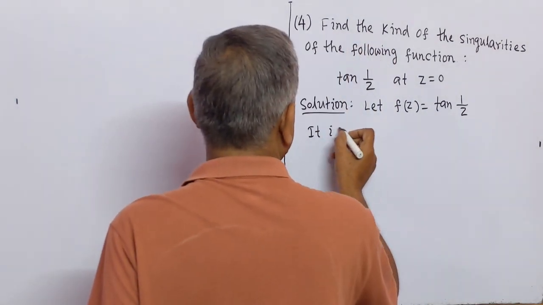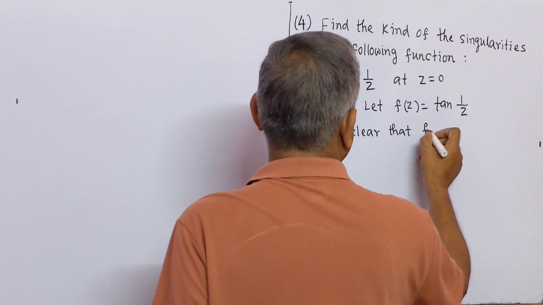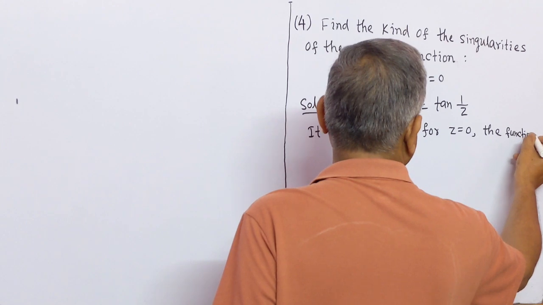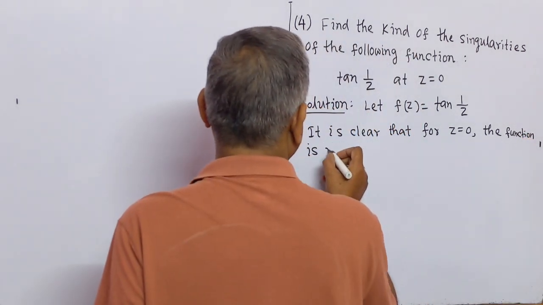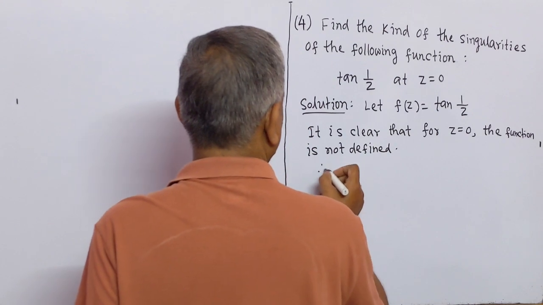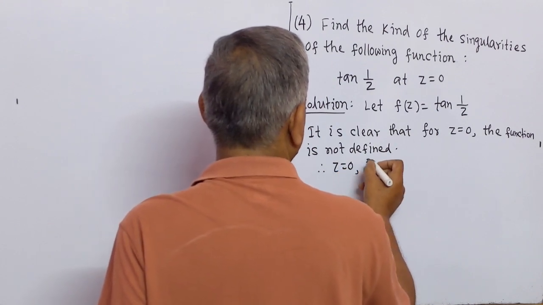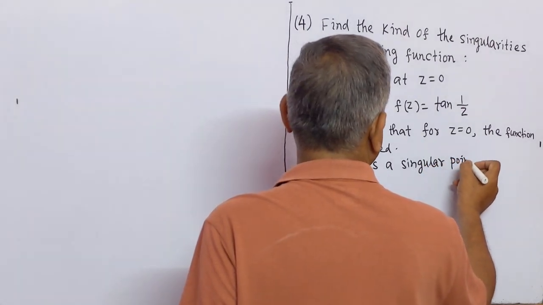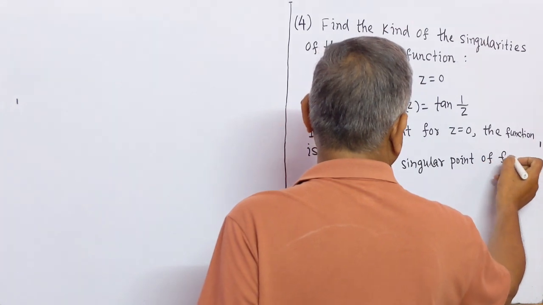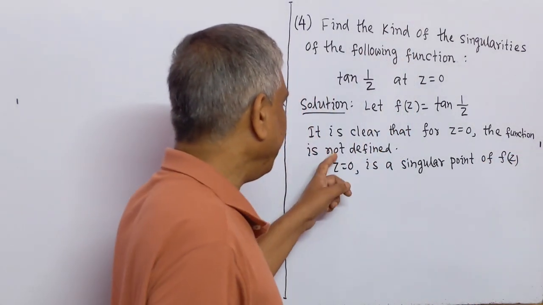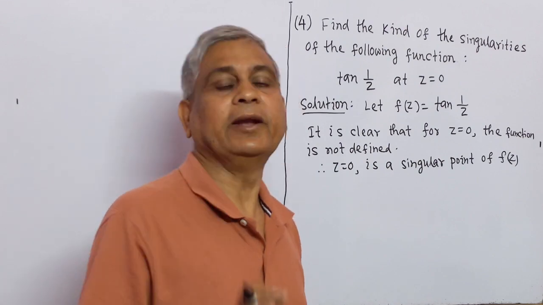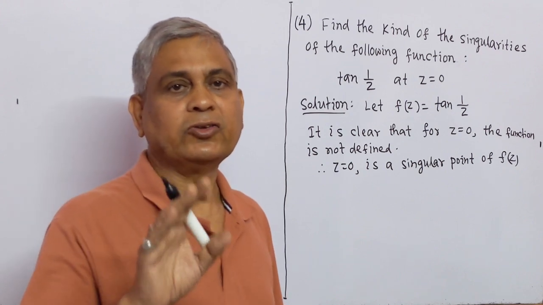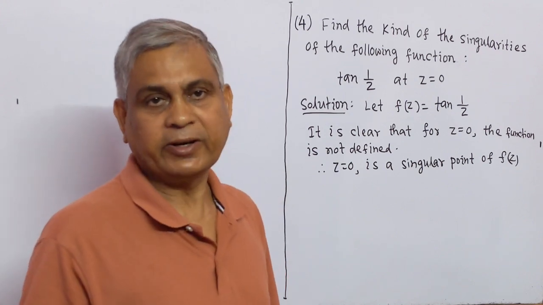It is clear that for z equal to 0, the function is not defined. Therefore z equal to 0 is a singular point of f(z). Not defined means f(z) is not analytic. For having a singular point, the function is not analytic at the singular point. Now